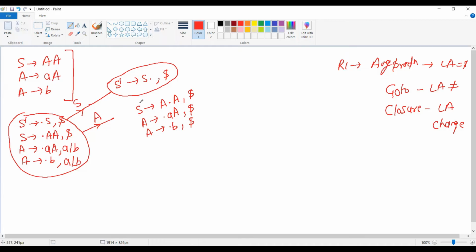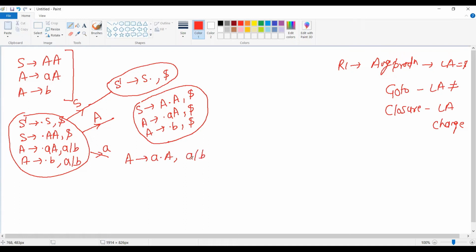Whatever remains after the non-terminal for which you are applying the closure operation, you will apply the first of that remaining part, right? So capital A हो गया. Now on seeing a small a, your production will become like this.